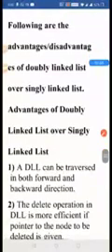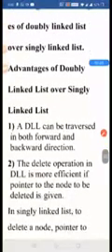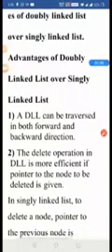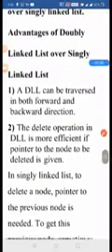Now we will see the advantages and disadvantages of double linked list compared to single linked list. We have seen that forward and backward, meaning next and previous pointers, are given in a double linked list. So traversing is easy in a doubly linked list in both the forward and backward direction. The delete operation is also more efficient because the node can be easily deleted.